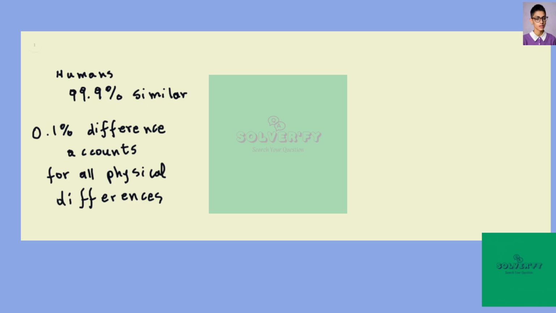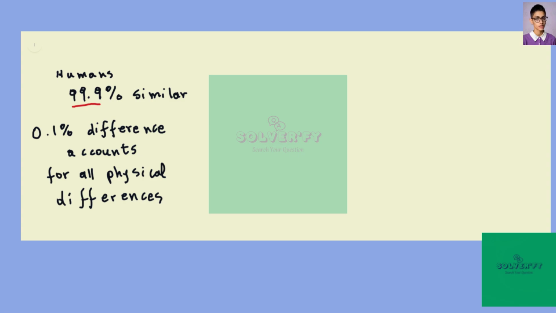How do individual genetic maps relate within individuals of one species, and what can it be used for? So let's take a case, ourselves, humans. We are 99.9% similar in our DNA sequence. So that means that out of the billions of nucleotides that make up the human genome, 99.9% will